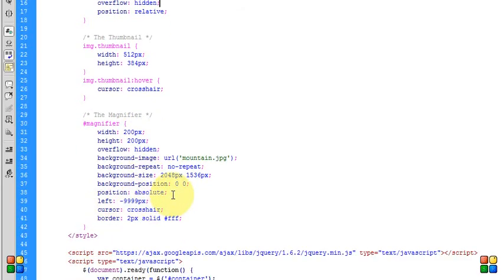Now here in the magnifier, we set its left position to minus 9999 pixels, so it will be positioned outside of the screen. And we set the border, so it will display the border here, as you can see.